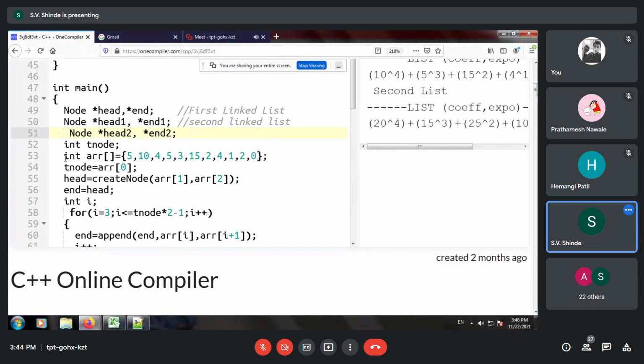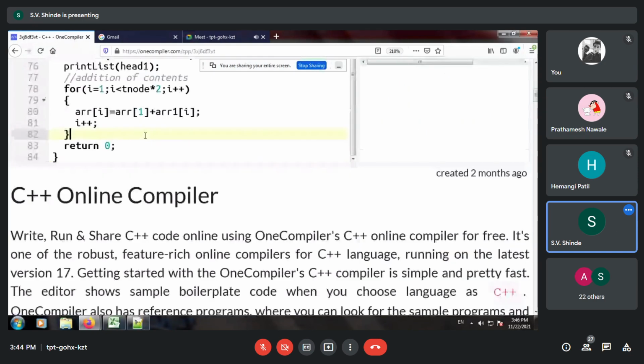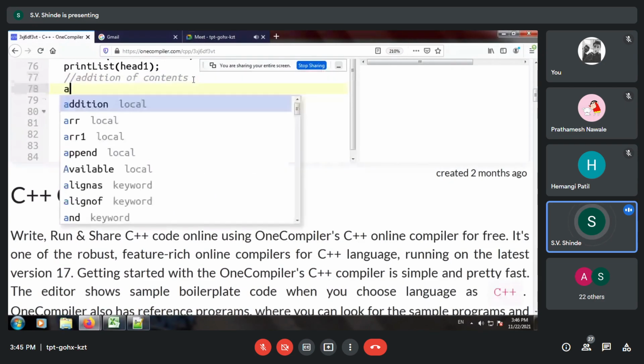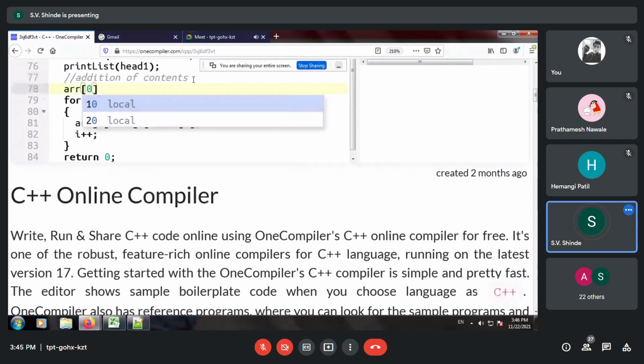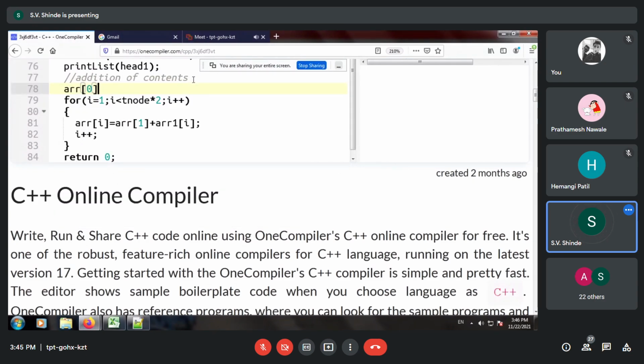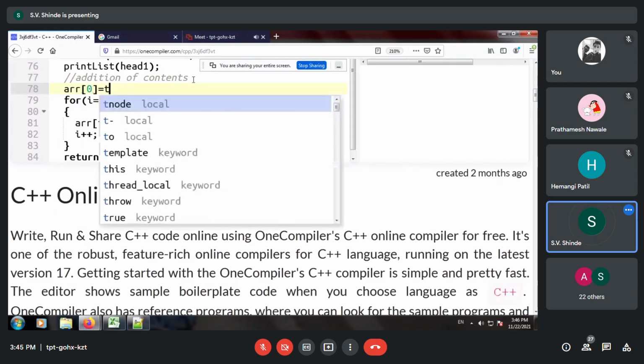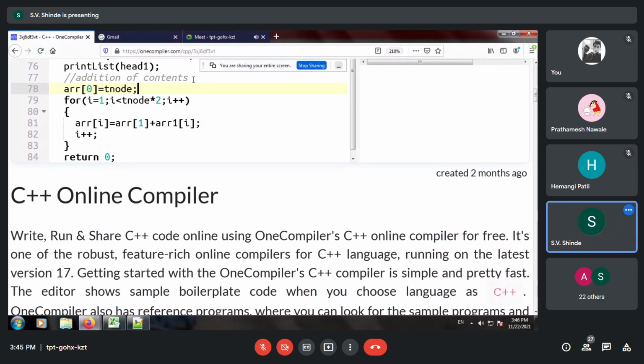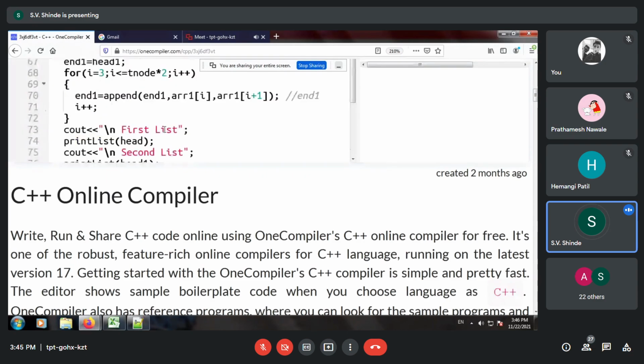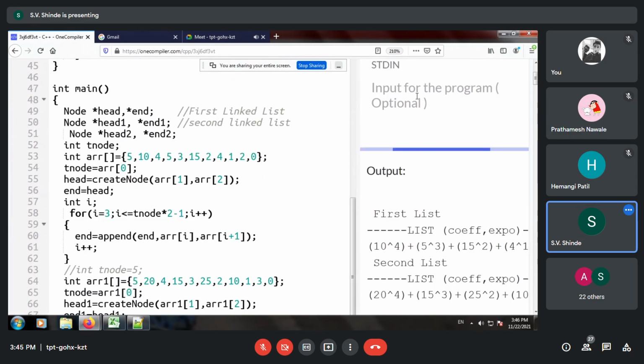So again we have the options over here, that is array of 0. 0 is nothing but your total number of nodes. So T node. Just compile it. Okay, there is no error.